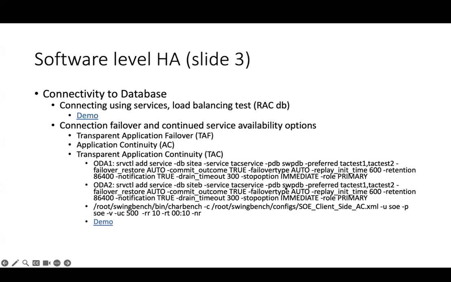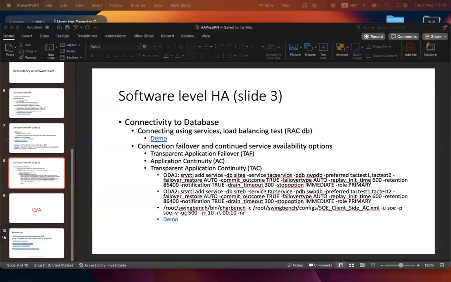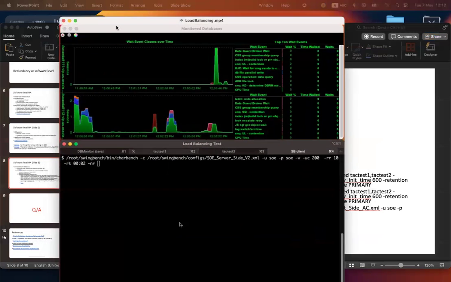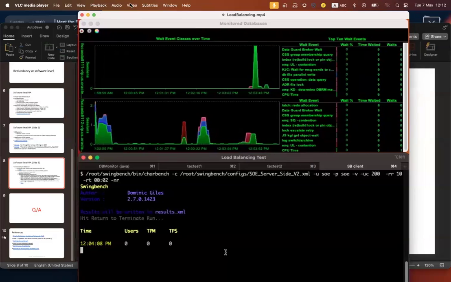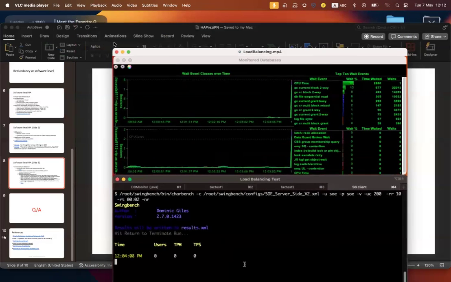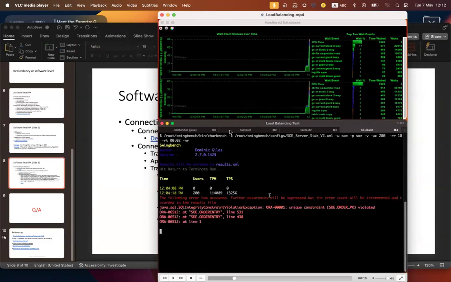So if you have these licenses, then it might make sense to play with it and activate it. So let me show you the demos. Okay, so what I did, I started a Swingbench